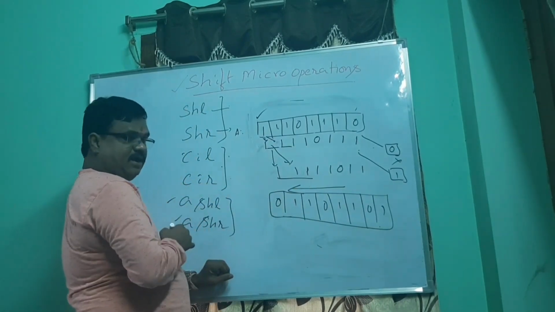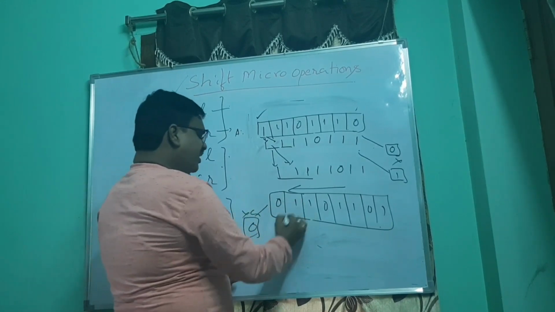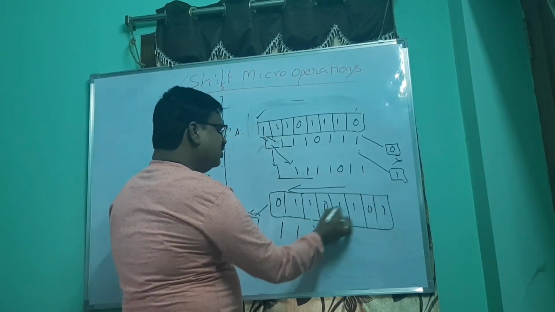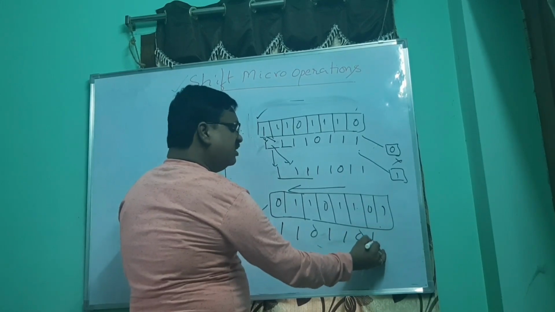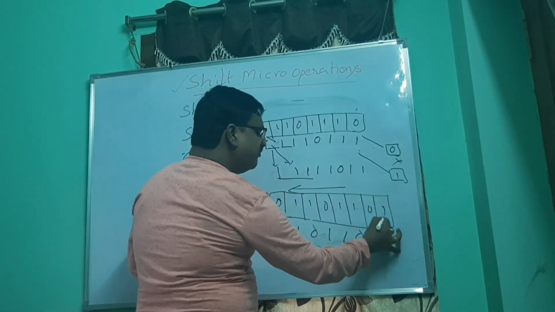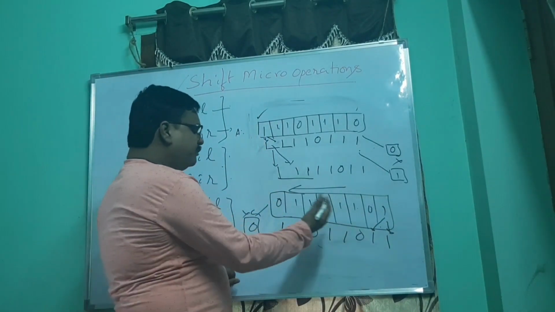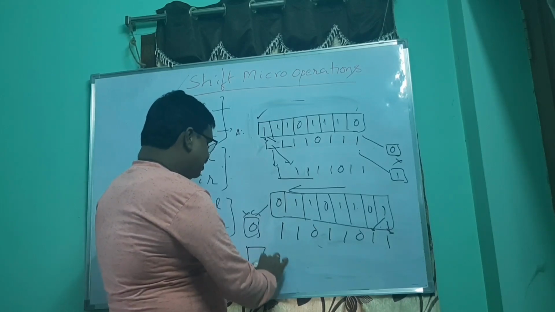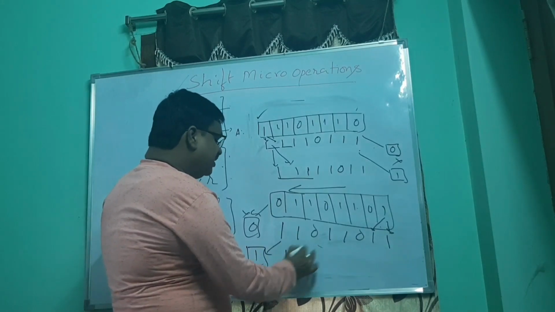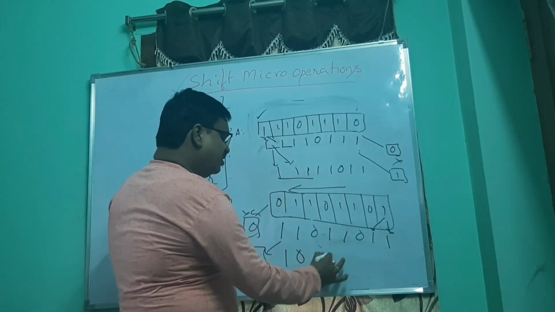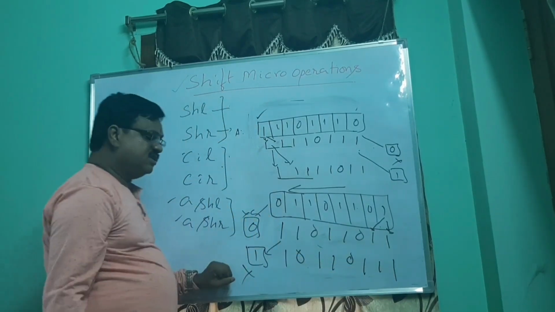That is an arithmetic operation. So the 0 will be discarded, and here 1, 1, 0, this one, and this 0, this 1, and here the same 1. Whatever you copied here, the same number will be transferred. And if you perform the shift operation once again, this one will come to here, which is discarded, and this one, this 0, 1, 1, this 0, this one, and this one. So it is like this.